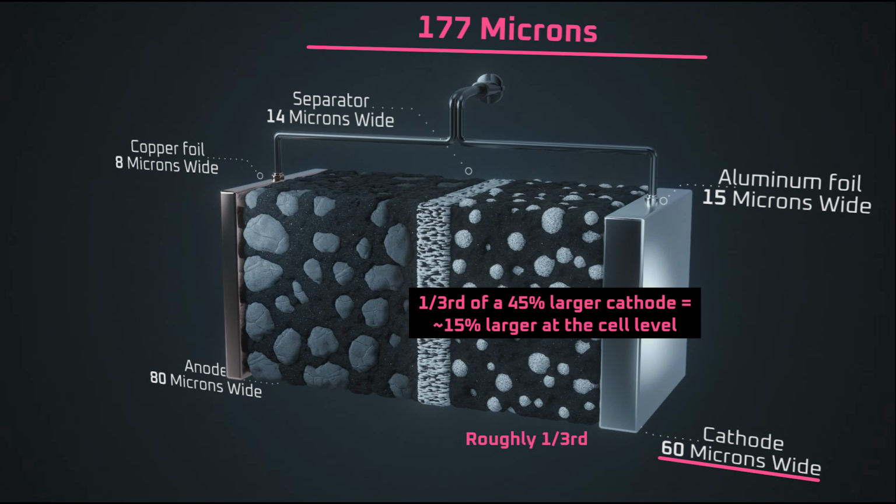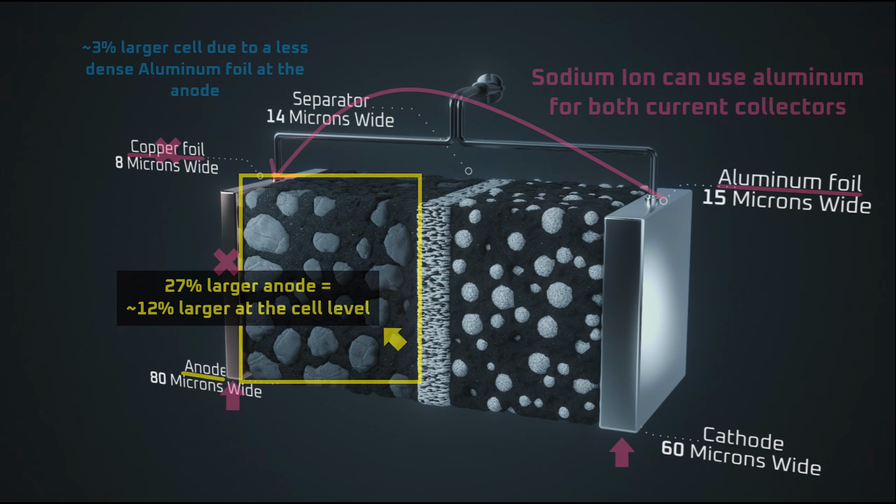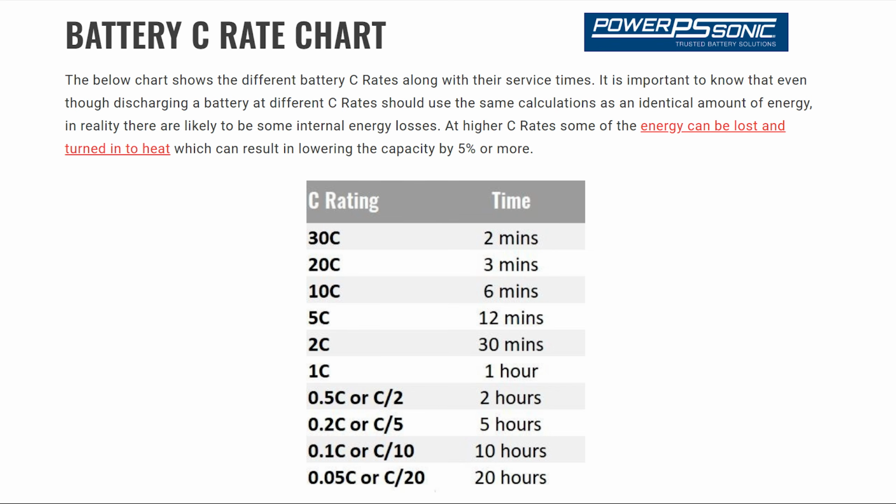That's due to the aforementioned 15% volumetric energy density hit from the sodium-based cathode, 12% from the hard carbon anode, and 3% from the aluminum current collector. The second difference between lithium and sodium-ion batteries is charging speed. The much lower ionic resistance of the cathode and electrolyte of sodium-ion batteries means that they're capable of peak charge